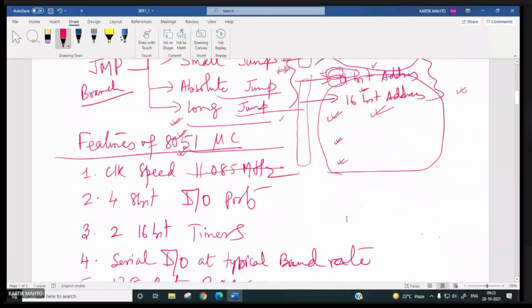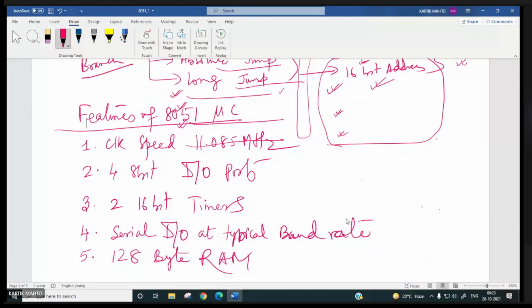Okay, so finally we ended up with the features of 8051 yesterday, right? So clock speed is 11.0592 megahertz, a very high clock, right? Very high frequency. So processing is going to be very, very fast, right? 4 8-bit IO ports are there, right? So these IO ports you can very easily configure as input or output, right? And you can send control signals via these IO ports. You can input external signals via these IO ports very easily, right? External digital signals, right? And the control signals you will send will again be digital ones, right?